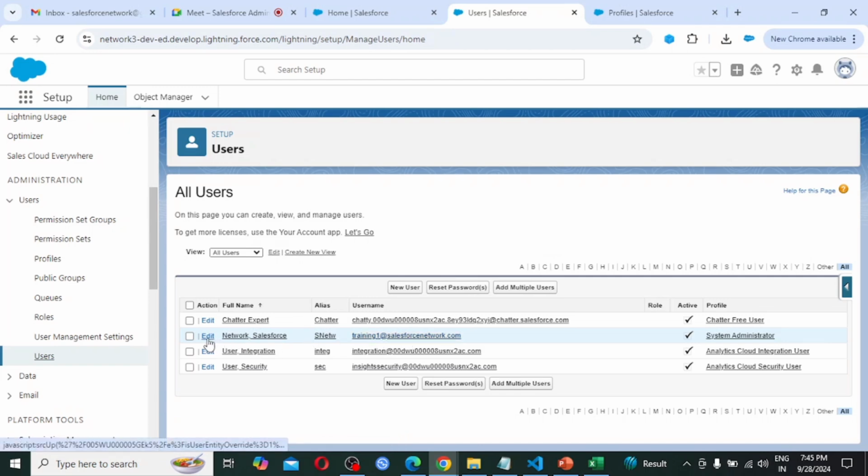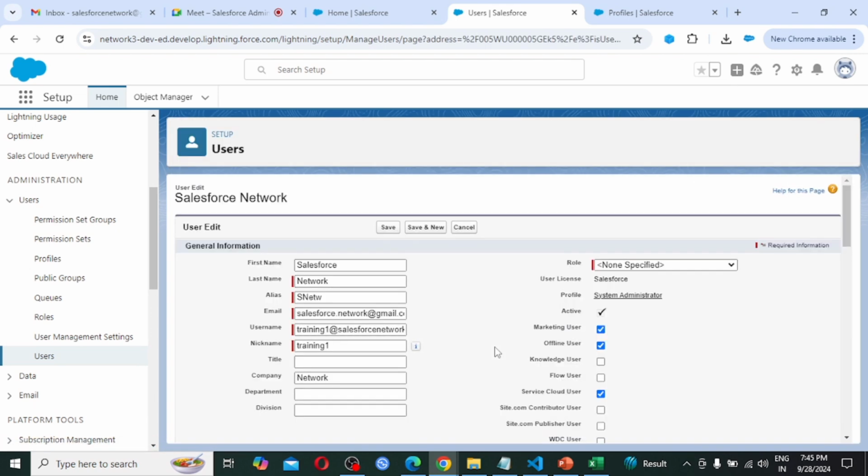If I click on this user, training1 salesforcenetwork.com, I click on edit. When we are creating the user, we have to provide this much important, mandatory detail.